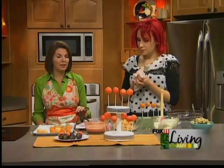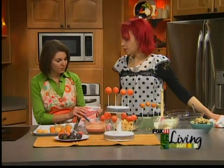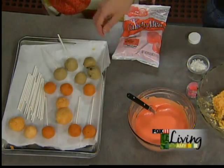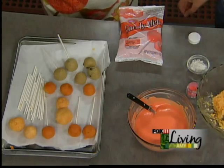Now, what are we dipping them in? Now, this seems like it's key. We have these candy melts. And it's kind of fun, like Willy Wonka and Charlie and the Chocolate Factory, because you can use all these different colors and then you dip it. We're using the orange color and orange flavor,